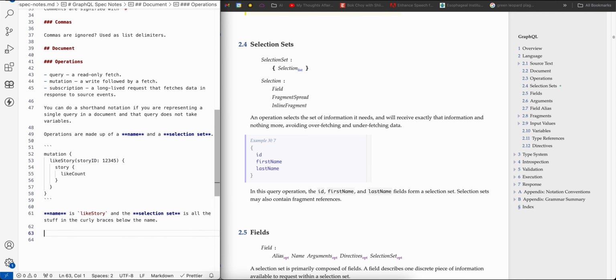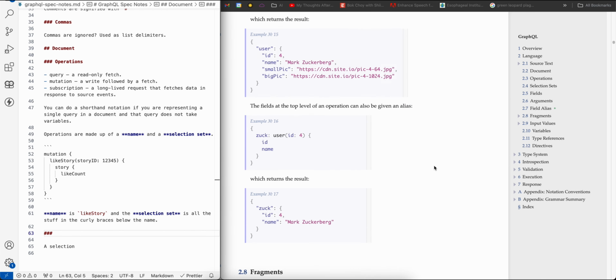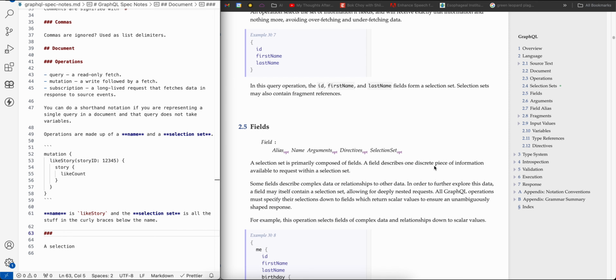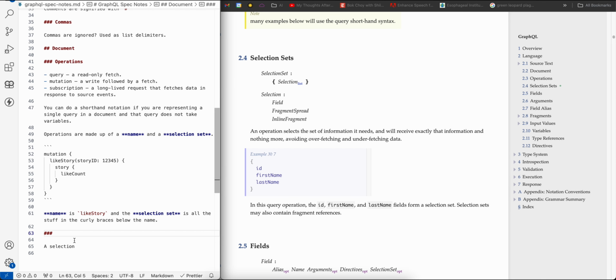All right, a selection. I'm going to do names. We have selection set coming up after this. Arguments, field alias, fragments. I'll put it here. Contain a field, a fragment spread, for example something where we do fragment name, or, there we go, an inline fragment, which is kind of complicated to put an example in there, so